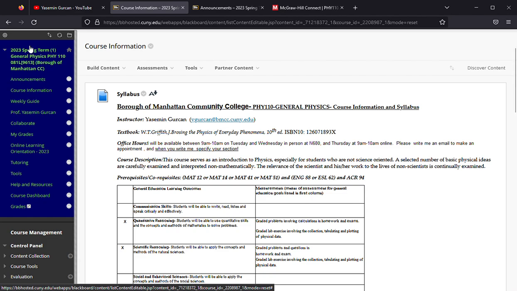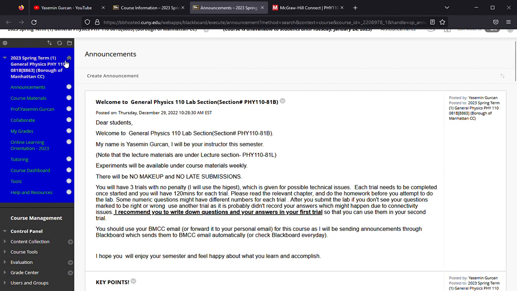The first one that you have in the Blackboard is going to end with L. As you can see here, 81L. L is for lecture here. So whenever you log into Blackboard, if you need to do anything about the lecture, you need to come to the lecture section. The second one is the same section number 81, however it ends with B, that is for